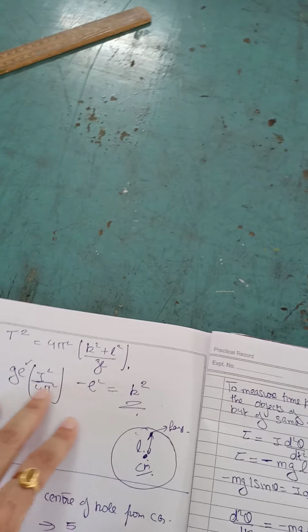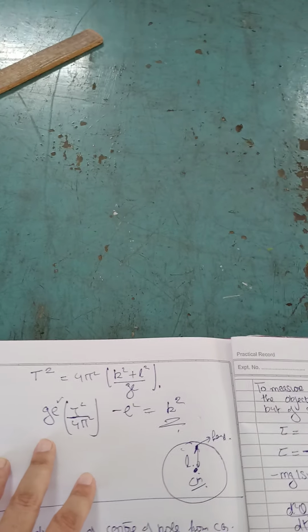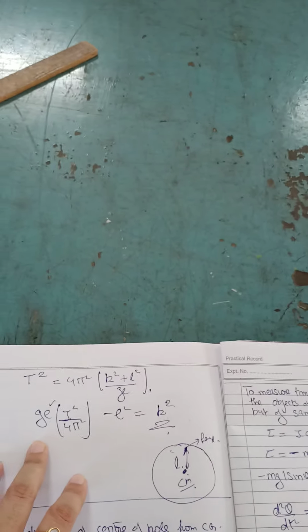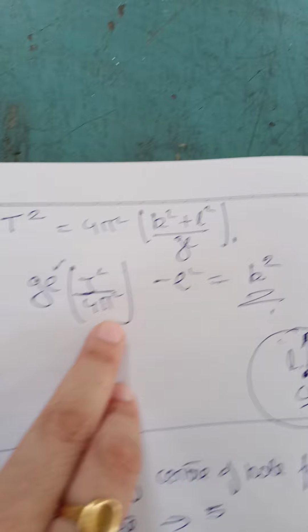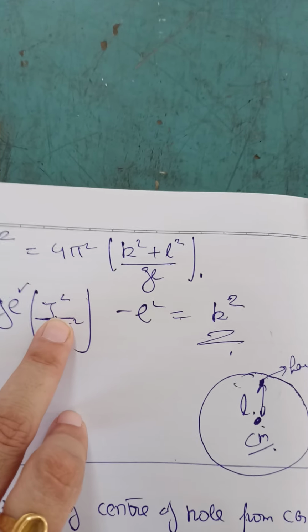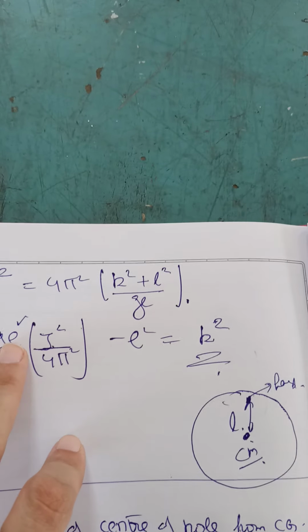Now as we have already derived a formula which says that T square is equal to 4 pi square (k square plus l square) by g l, and if I sort out to find out the value of k out of it, I will be getting something like this. Now out of it, g I already know, 4 is a constant, pi is a constant. What I need is I need T. Now this is a time period, I will be finding it later on, and this is l.